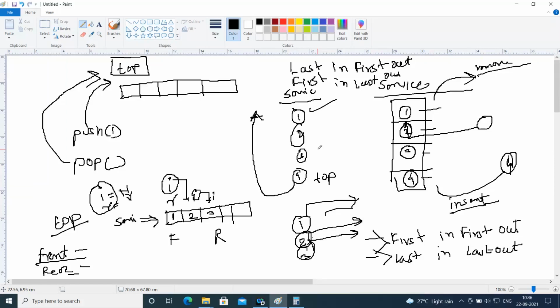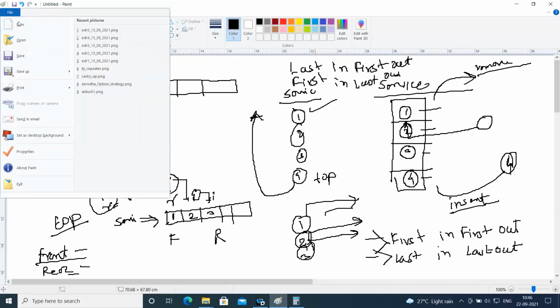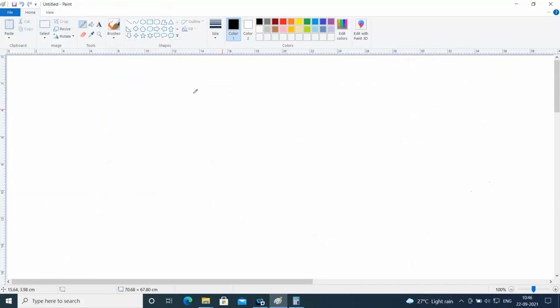It's not a queue of real life, wherein when the first person goes out of a server and vacates the space, the second person goes and takes the space. That scenario is not here in the regular queue in computer science. So let me take a blank sheet and draw the array one more time. This is the array, and I'll make use of it to insert a number and remove a number. Let's say this is a numeric array. Let's create location 1, location 2, location 3, 4, and 5.